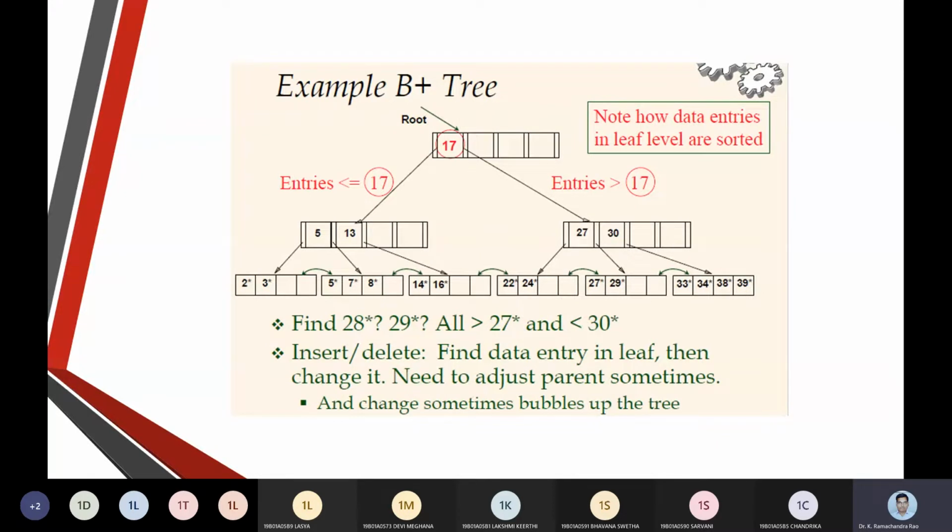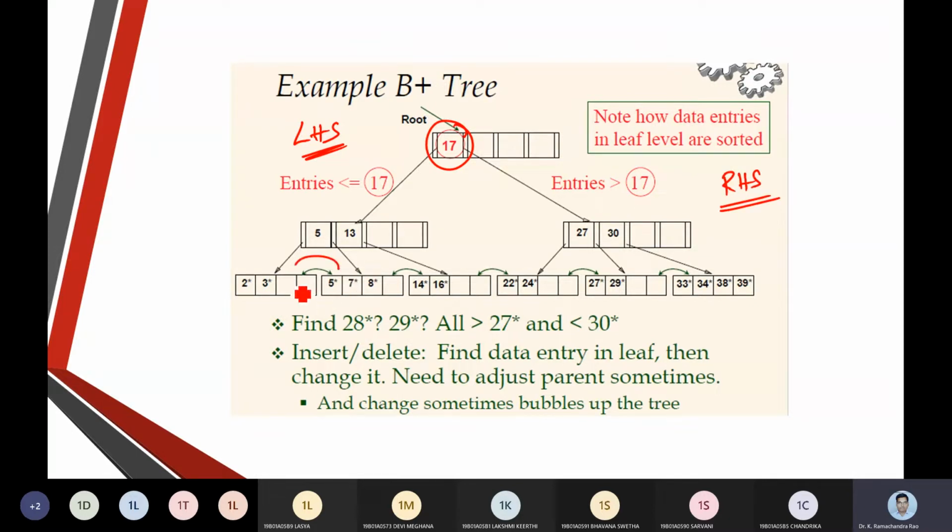As mentioned, this is a general example. I can write 17, and towards the left hand side I have the things which are less than 17, and towards the right hand side I am going to have the things which are greater than 17.